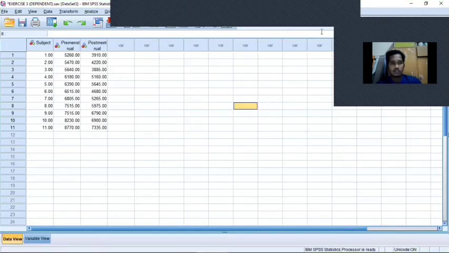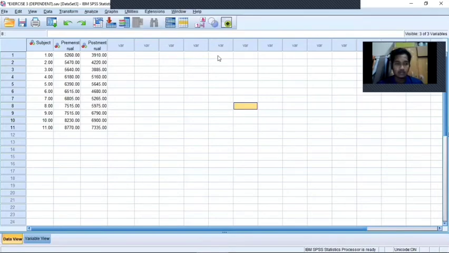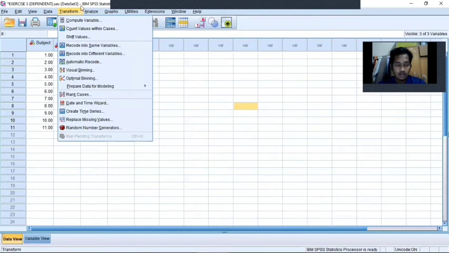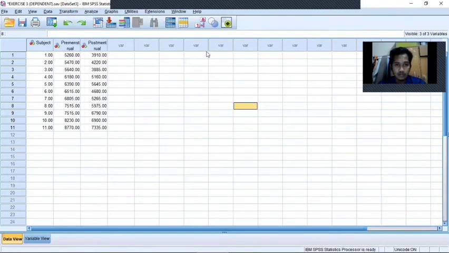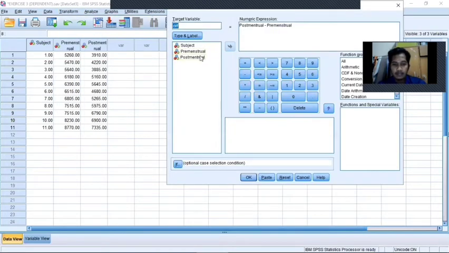Okay, we go to the third exercise, which is the dependent variable. So for setting the dependent, first of all we go through transform, compute variables, and we type the difference here, and then we put postmenstrual minus premenstrual, and then we click OK.